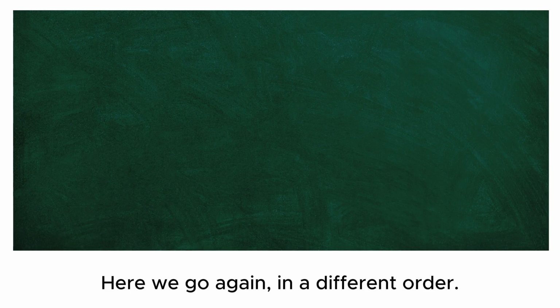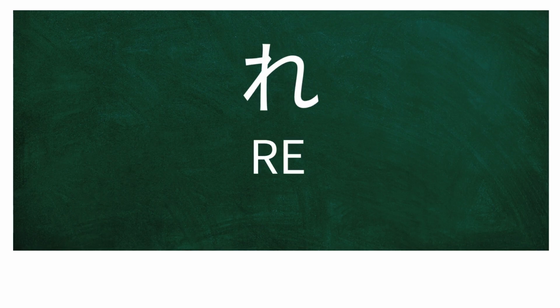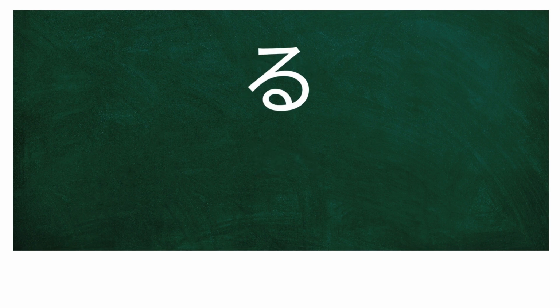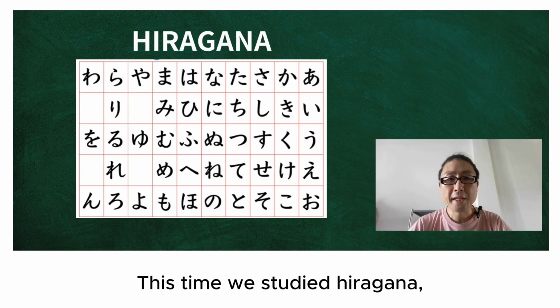Here we go again, in a different order. お、り、ろ、ん、れ、わ、る、ら。